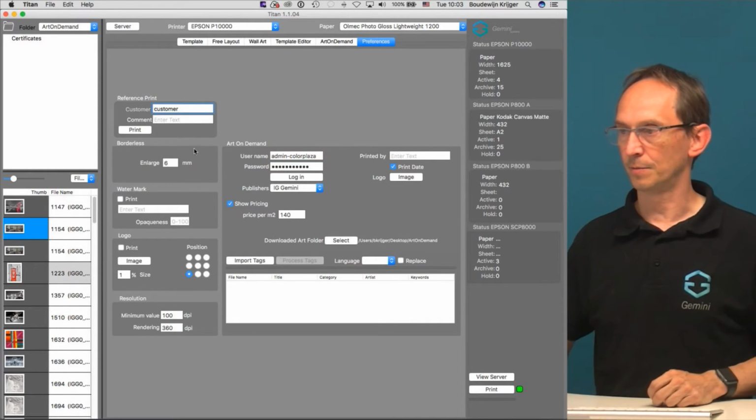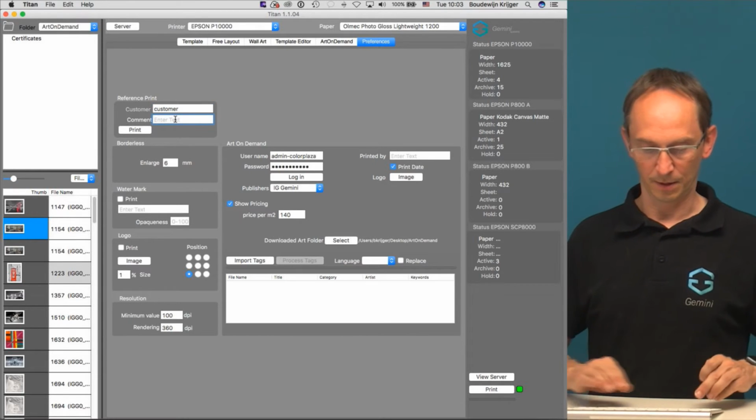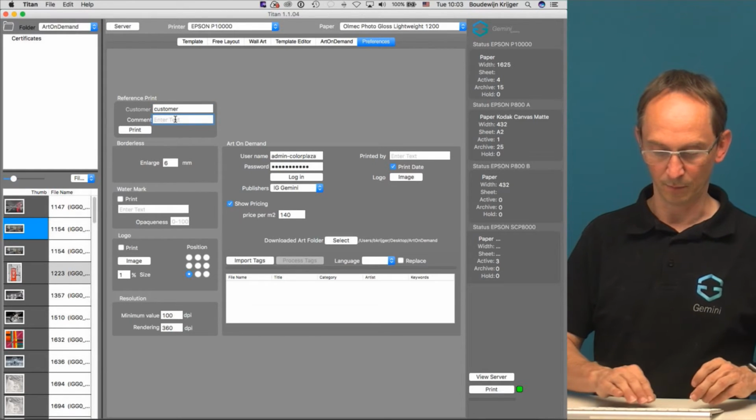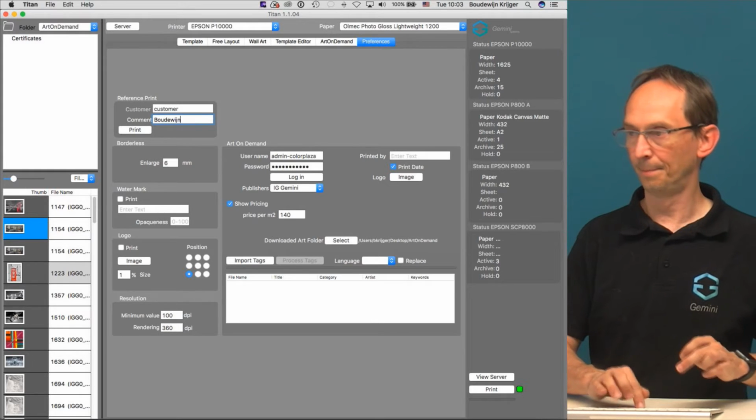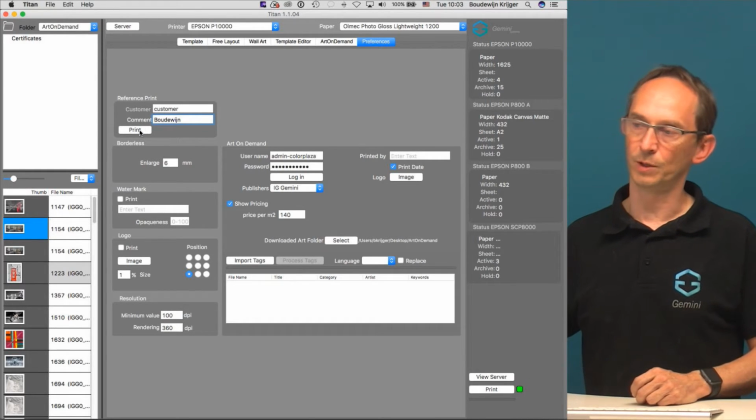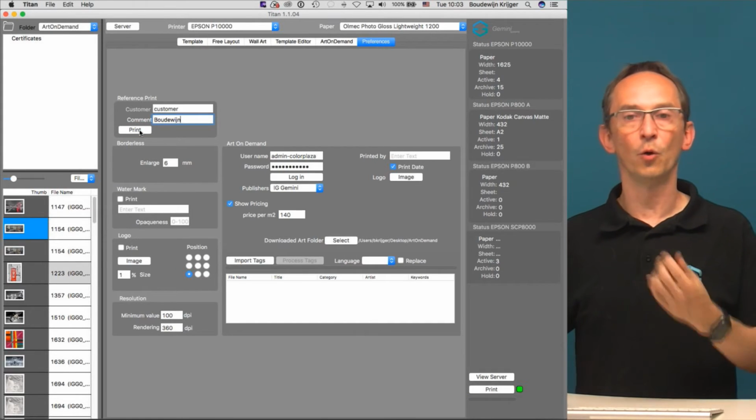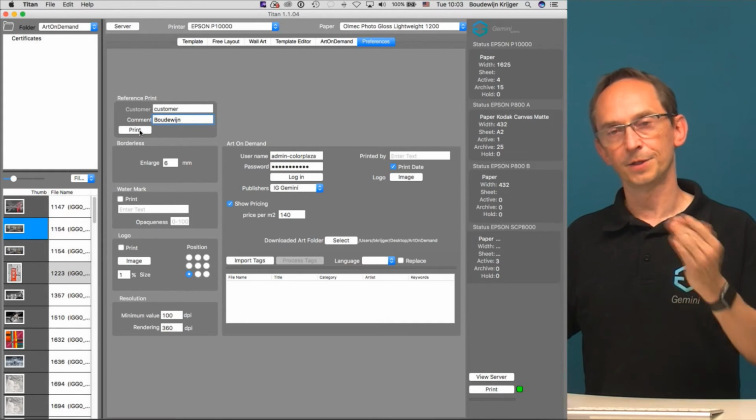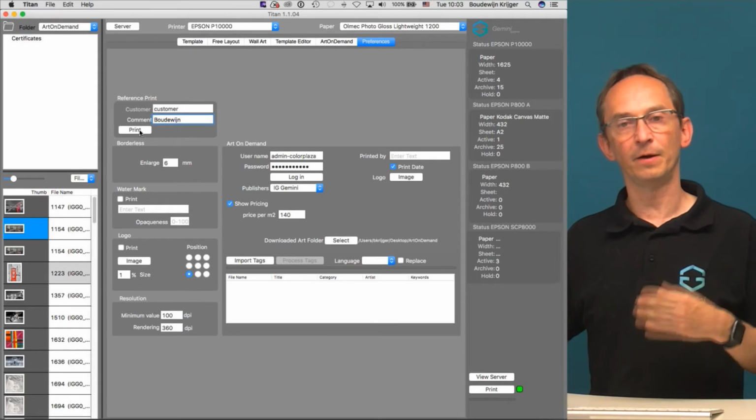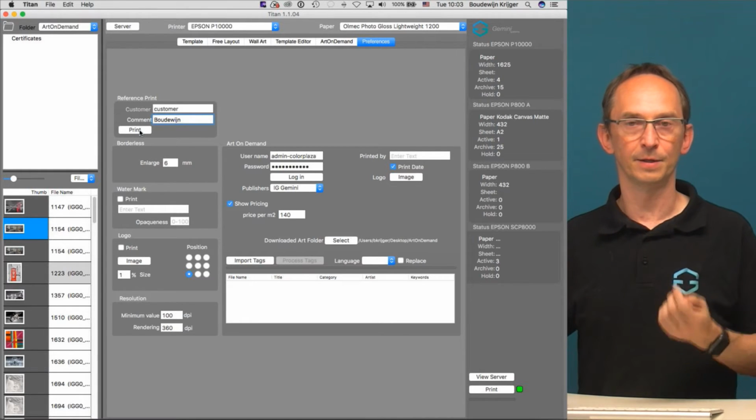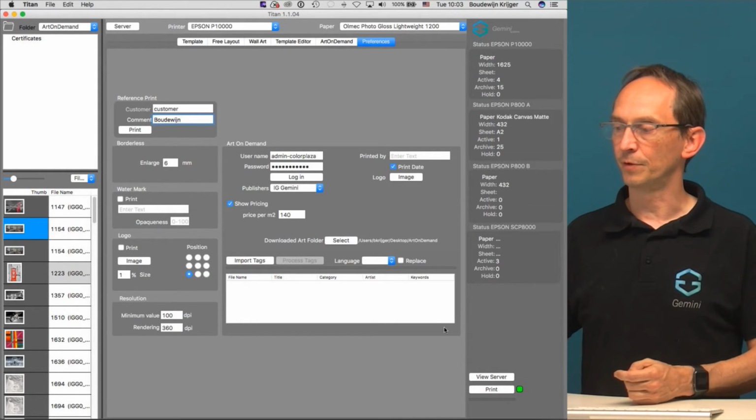So I'll just type in customer, and we'll say this was done by me, so I'm Manuel, and we'll say print, which will generate a reference print of a known image to our system to verify that everything is operating as it should be. Because if I go to View Server